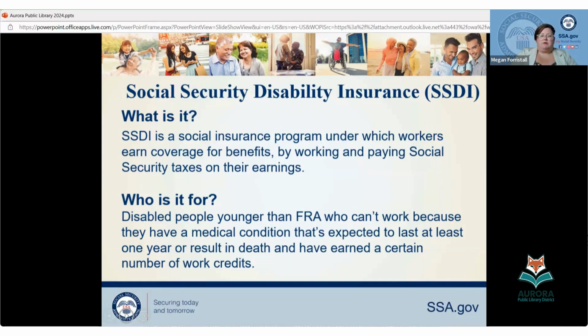So you can actually file for Social Security disability as long as you're younger than your full retirement age, which we're going to talk about a little later on. But let's say that you're 62, 63 years old and you go out of work, but it's not because you're really excited and ready to be retired. It's actually because of medical conditions. In that situation, or even younger than retirement age, you would want to look into filing for the disability.